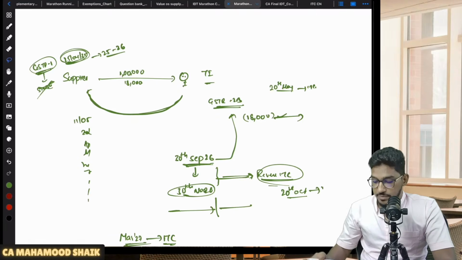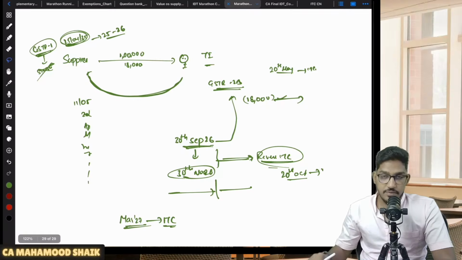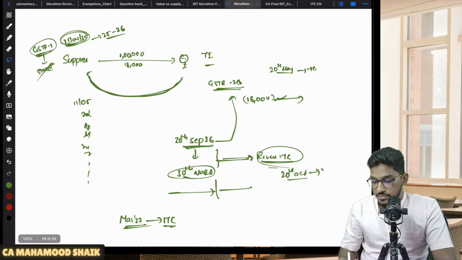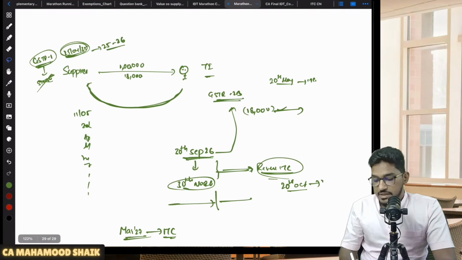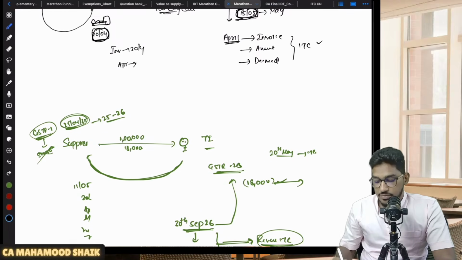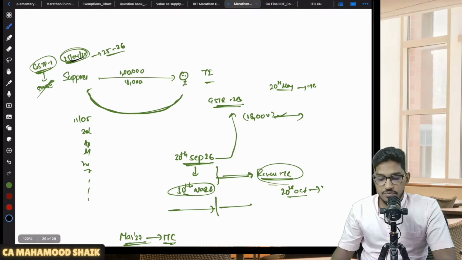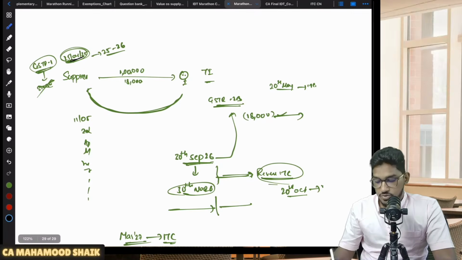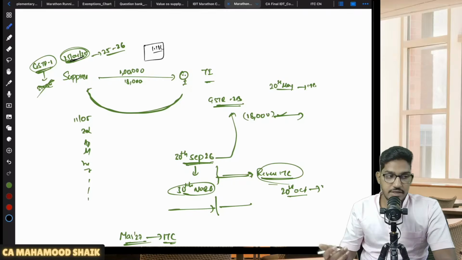So what will actually happen in case the supplier is not making the payment of GST? Let us say there is one supplier. He made a supply amounting to 1 lakh rupees, with 18,000 rupees of GST, and he gave a tax invoice for that. What is the date of the invoice, sir? On 25th April 2025, he gave you the invoice. The total invoice is 1.18 lakhs: 1 lakh rupees is the value of supply and 18,000 rupees is the GST.